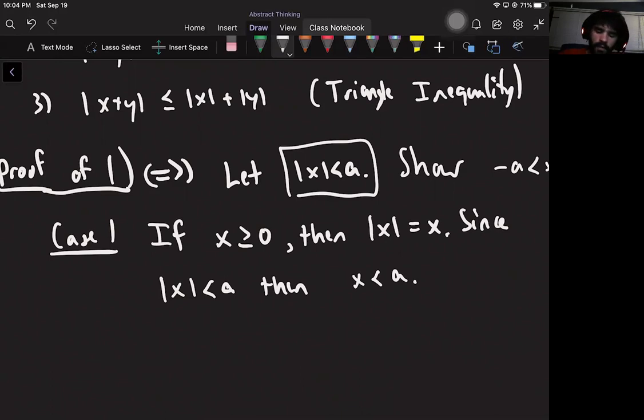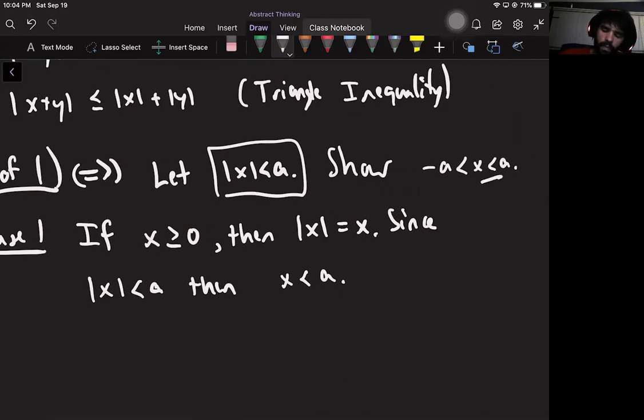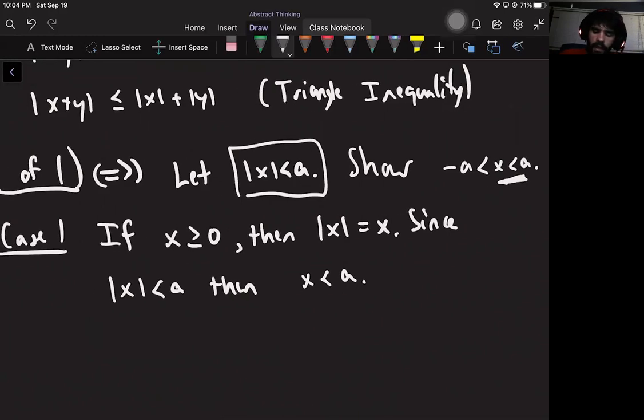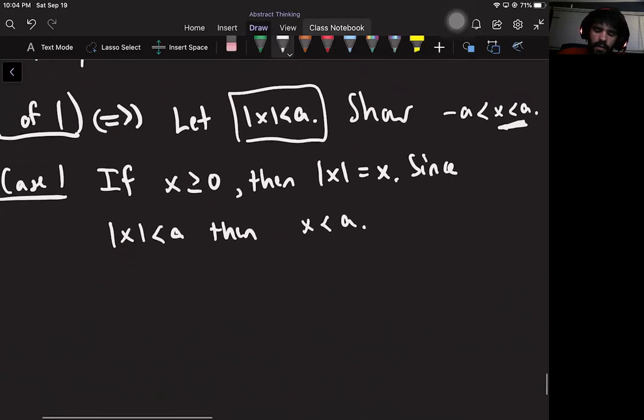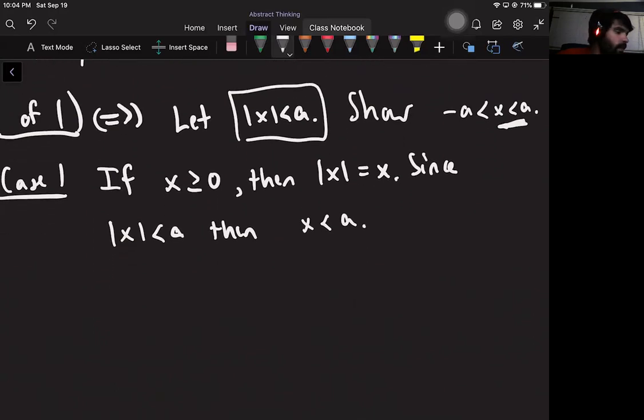So that gets me half of what I want to show. All I'm doing is substitution. I'm just replacing the absolute value of X with X, because they are the same in this situation. What else can I do? So if I want to show this other part,